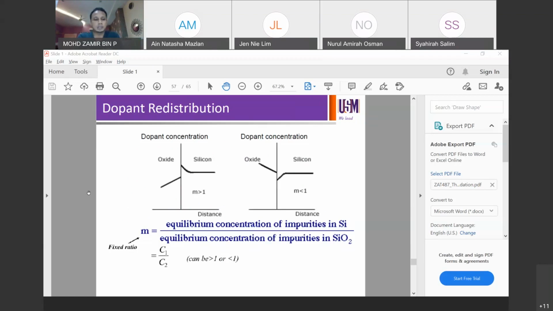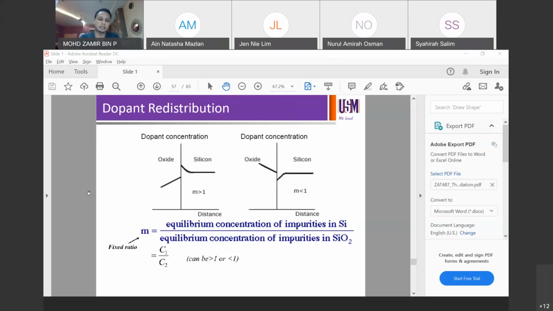M equals the equilibrium concentration of impurities in silicon versus the equilibrium concentration of impurities in silicon dioxide. Impurities here refer to the dopants that we use in our silicon. If we're talking about phosphorus, we're talking about the M value of phosphorus. If we're talking about boron, then we're talking about the M value of boron, at the interface of